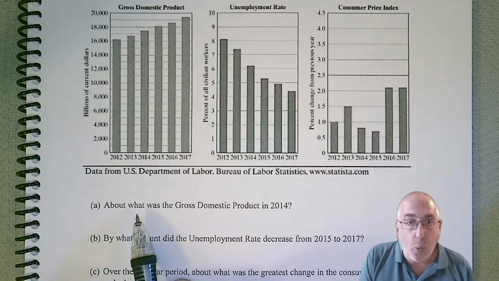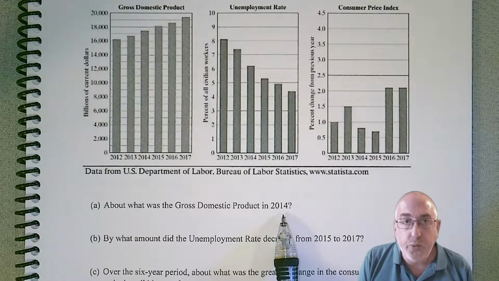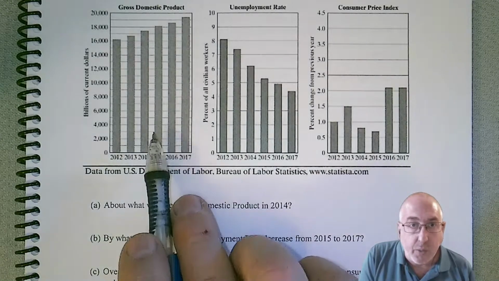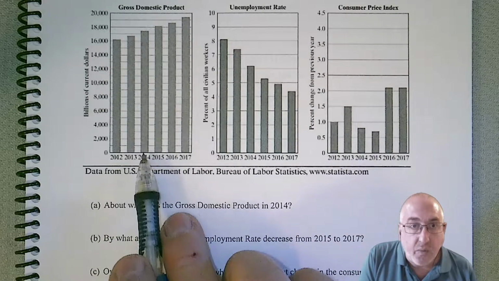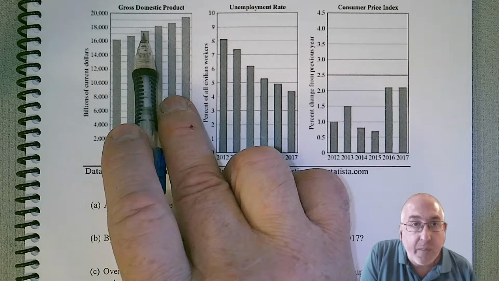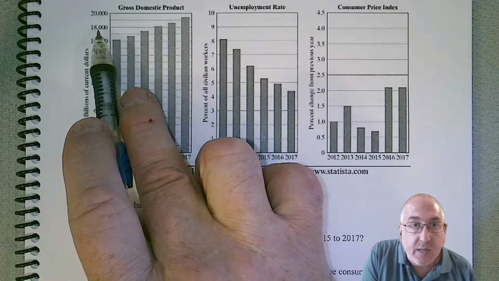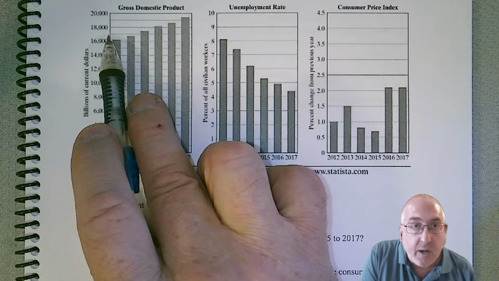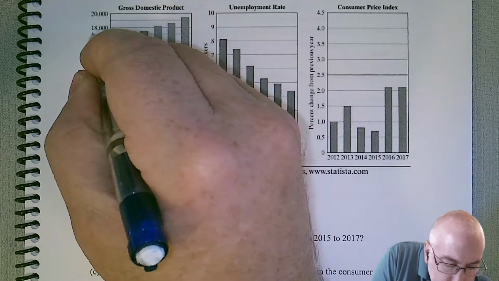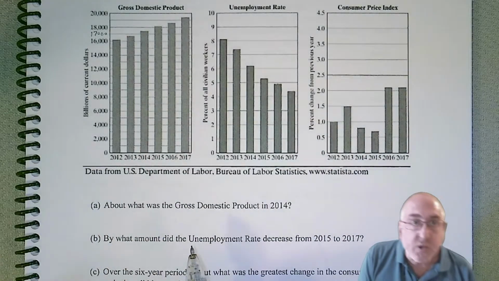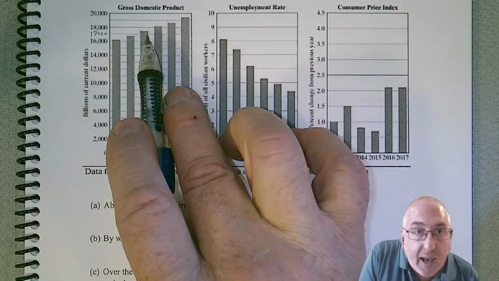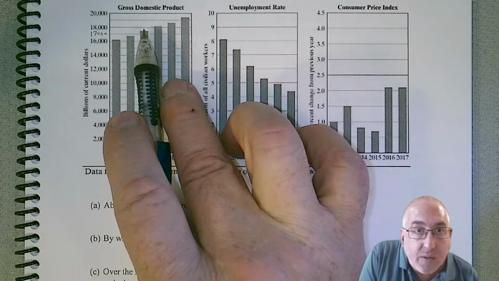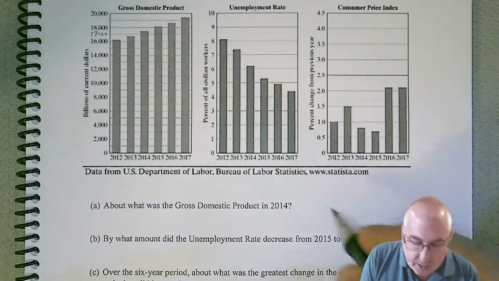So the first one says, about what was the gross domestic product in 2014? Gross domestic product is our first graph here. So we want to look at 2014. If we go up, we can see it's kind of in the middle here. I mean, 18,000 is above it, 16,000 is below it. So we can kind of see that this line here should be 17,000. Looking at it, it's kind of hard to tell, but it's about halfway between 17,000 and 18,000. So I'm going to say